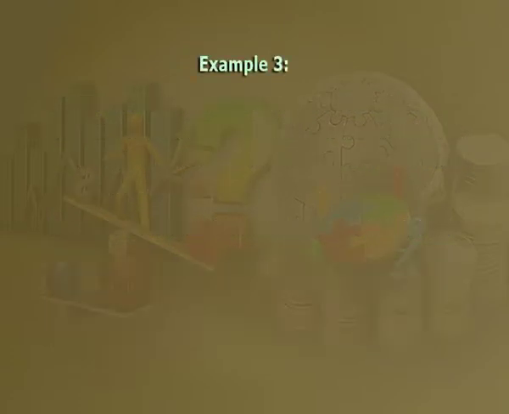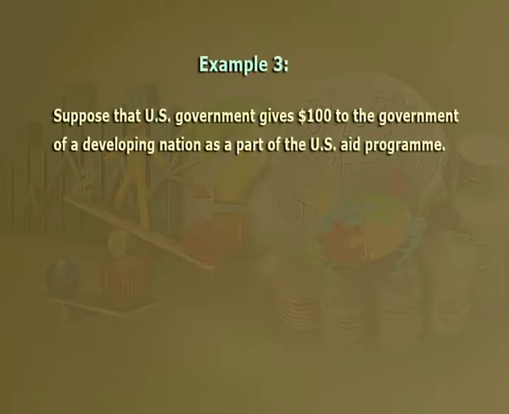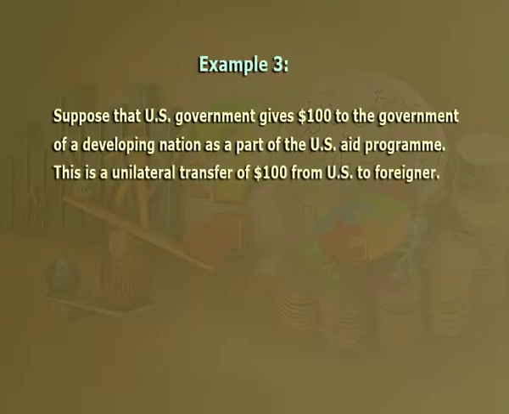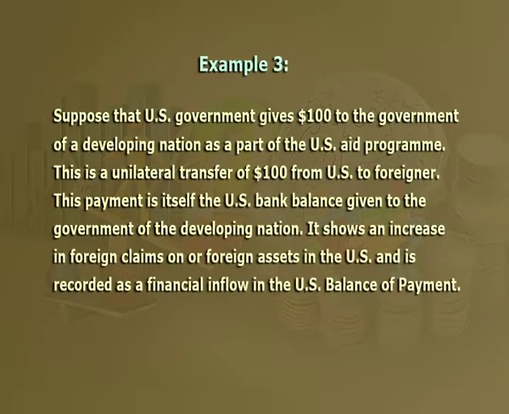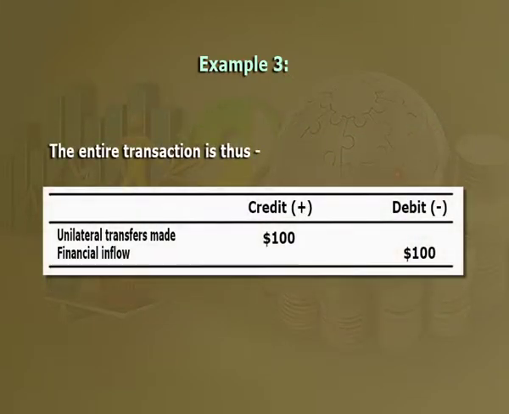Now let us take the third example. Suppose that the US government gives $100 to the government of a developing nation as a part of a US aid program. This is a unilateral transfer of $100 from the US to foreigners. This payment is itself made from the US bank balance given to the government of the developing nation. It shows an increase in foreign claims on or foreign assets in the US and is recorded as a financial inflow in the US balance of payment. The entire transaction is thus